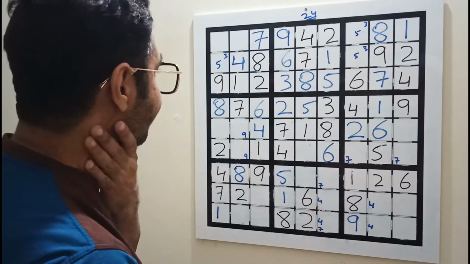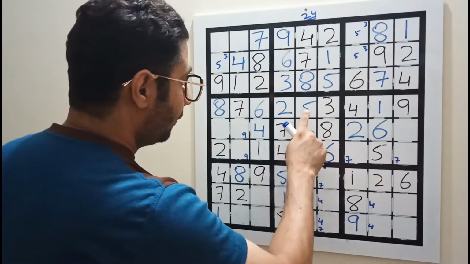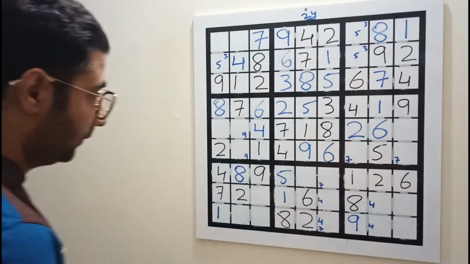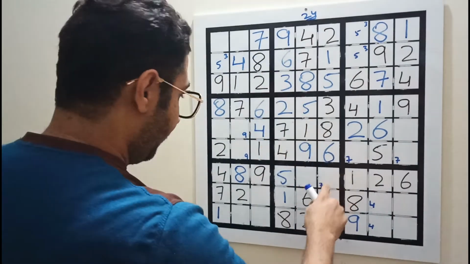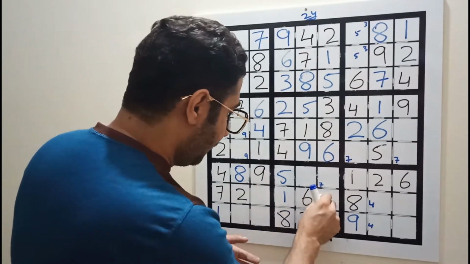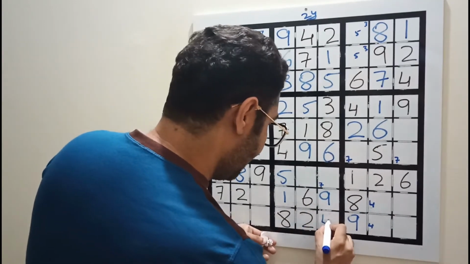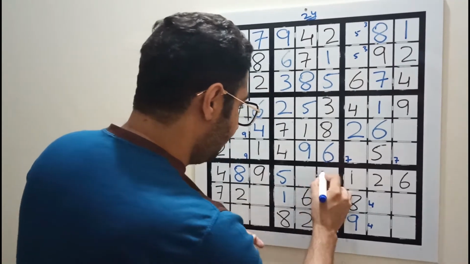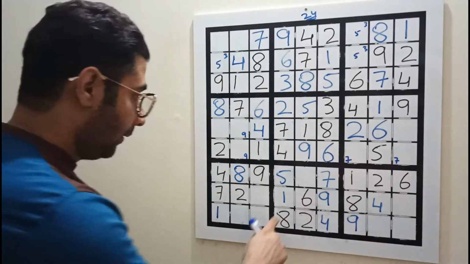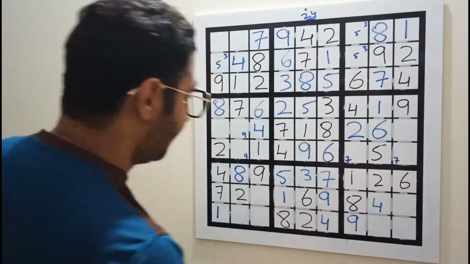Okay. We got only 1 left here. 1, 2, 3, 4, 5, 6, 7, 8. It's a 9. Left, center, right. It has to be here. This 9 cancels out this 9. So this became a 9. Then this becomes our 4. This becomes our 7. This becomes our 4. 1, 2, 3, 4, 5, 6, 7, 8, 9.